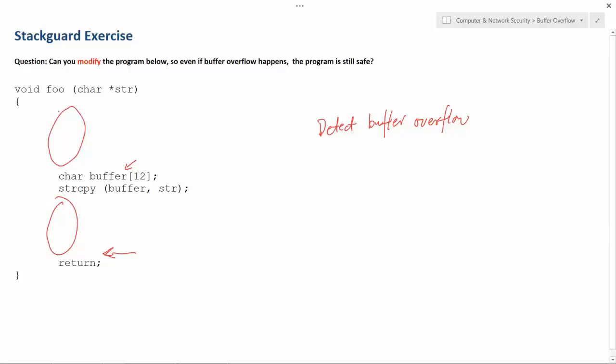Okay? So I want you to add a piece of code here. You can introduce a new variable, global variable, local variable, whatever. I also want your logic to be generic. I don't want your logic to depend on what I have in here. Okay? Although I put things in here, your code should not depend on what I have in there. Because eventually I'm going to turn your solution into a compiler solution.